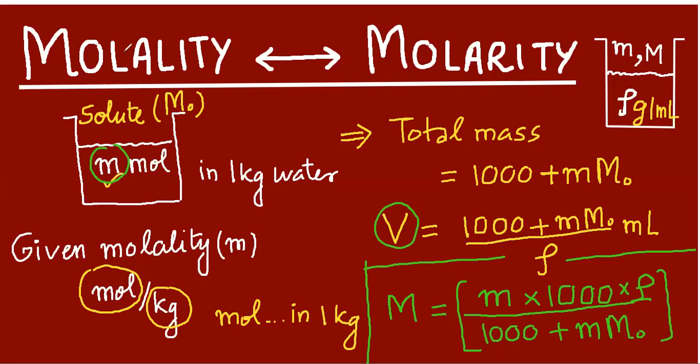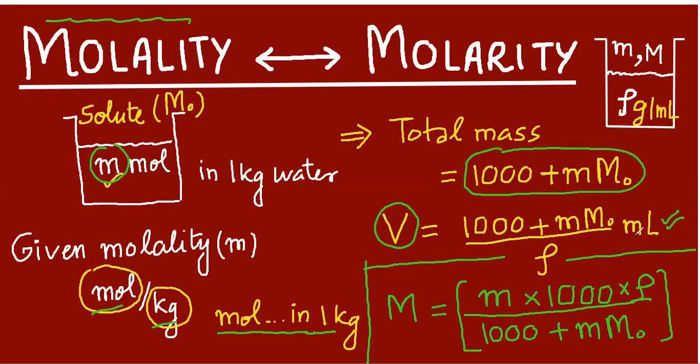So I would just repeat what I did. I was having a solution of given molality, which means moles per kg. I expressed it in a sentence, and then I say m moles of solute in 1 kg water. I went to the total mass. I divided the total mass by density, whose unit was gram per ml, to get the volume of solution in milliliter. And then I just used the formula of molarity, moles of solute into 1000 divided by volume of solution. So it is a question. Now it looks like a formula.